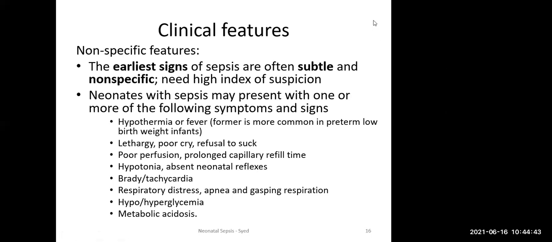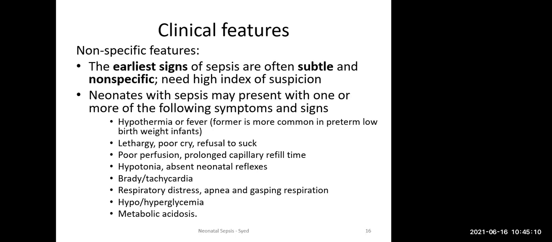So what was I saying? Yes. So symptoms are very vague. The baby cannot produce fever, because the interleukins and cytokines are all quite immature. So they rarely have fever. The usual features are lethargy, poor cry, poor feeding, hypotonia. Sometimes just metabolic acidosis, the colour looks a bit different.